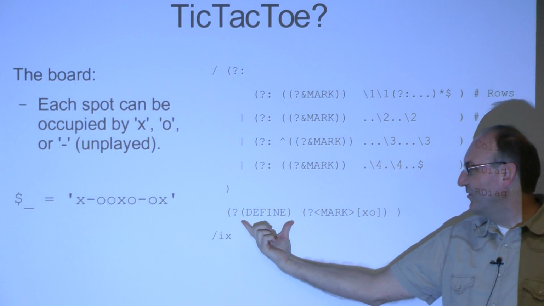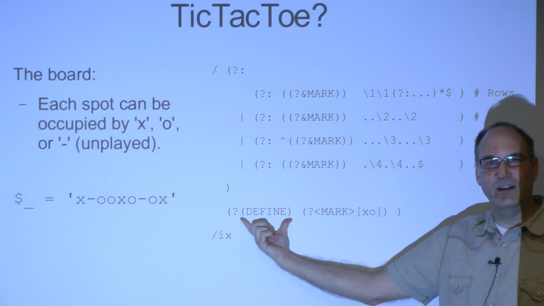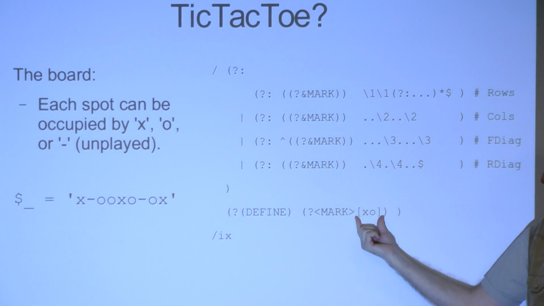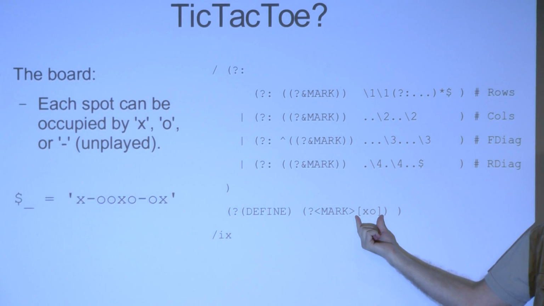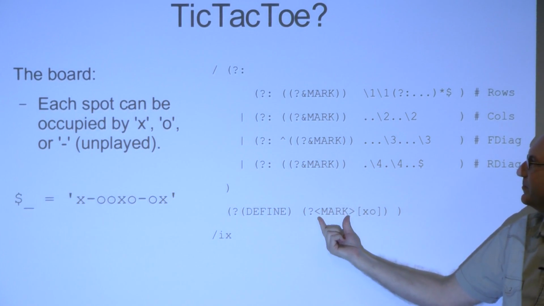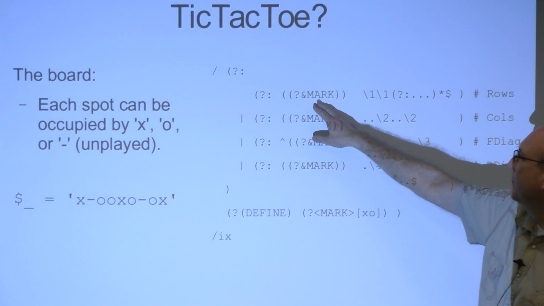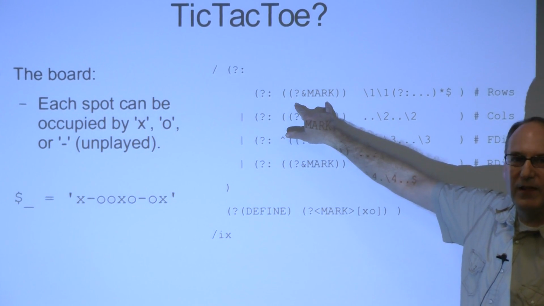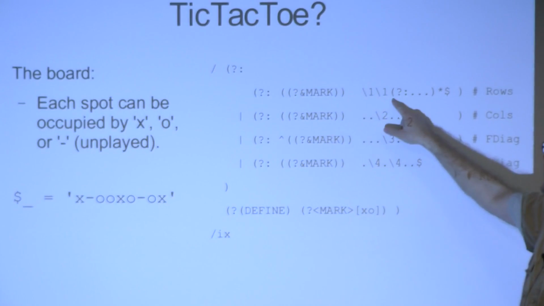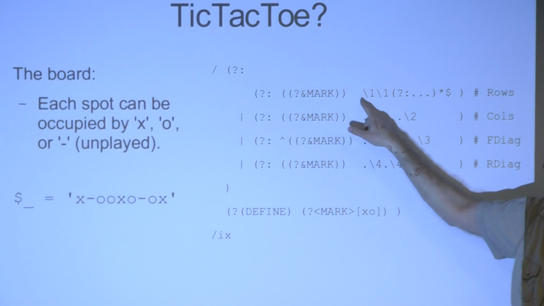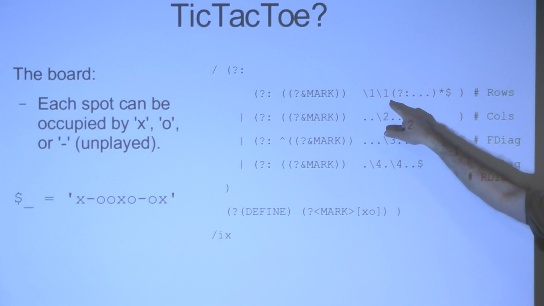We're going to define a little subroutine here. We made a real simple subroutine, which is just a character class that can match X or O. And we're going to call that subroutine mark. And so now we're going to go through and capture any given mark, either an X or an O, and then see if a particular pattern applies. So if mark followed by the same mark followed by the same mark